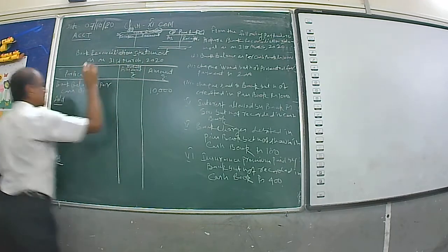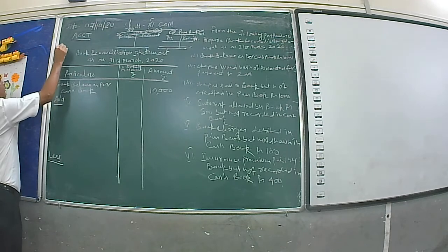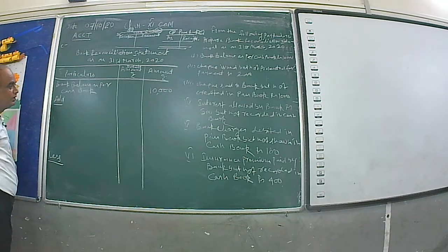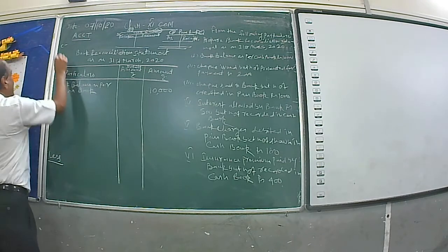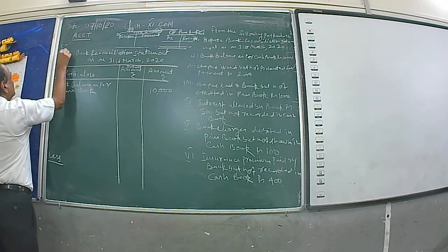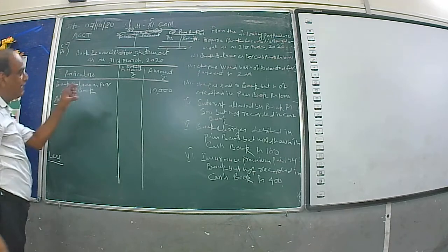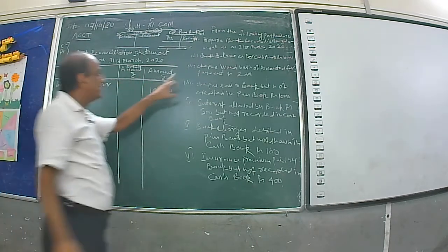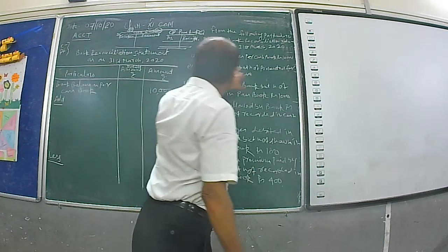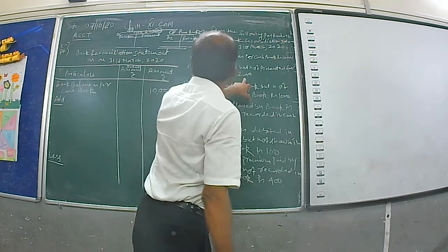It means you can say that cash book is in a minus position and it was not presented for payment. It means the passbook is in a plus position. So first of all, you find out the position of both books by a transaction. See again, check issued but not presented for payment.